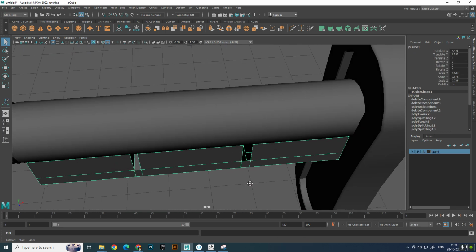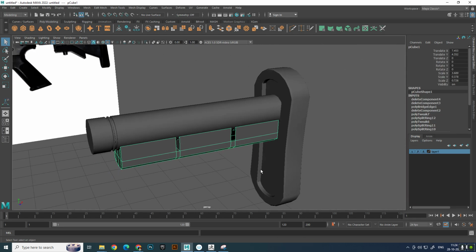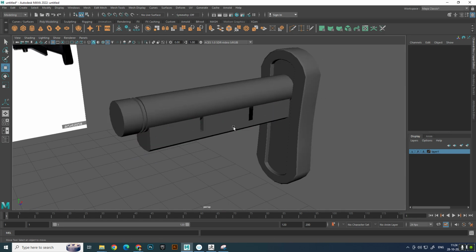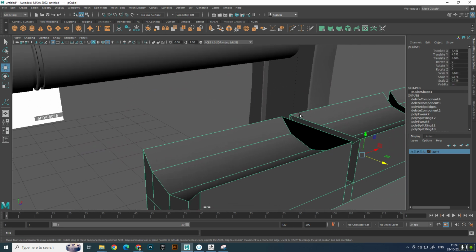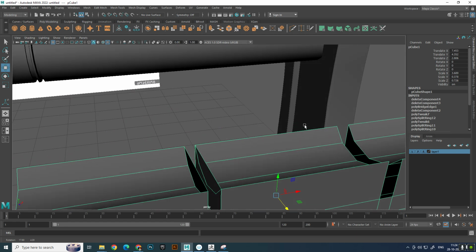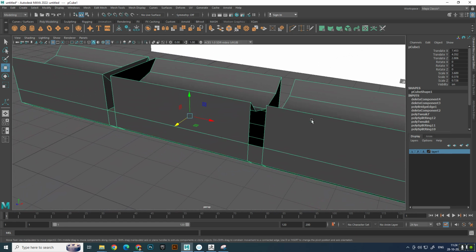So when you bridge it, you are able to see what is happening in your model. There will be a hole. Can you see? There will be a hole in the model, but when bridge happened,